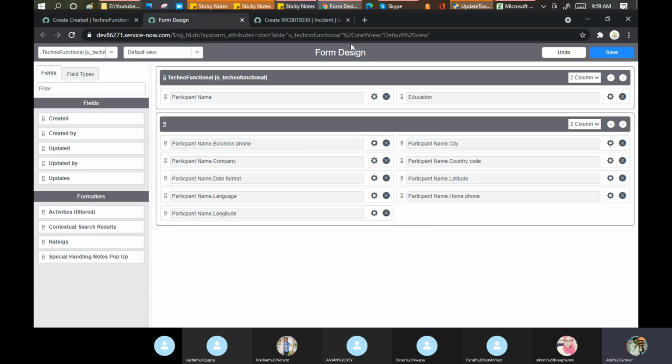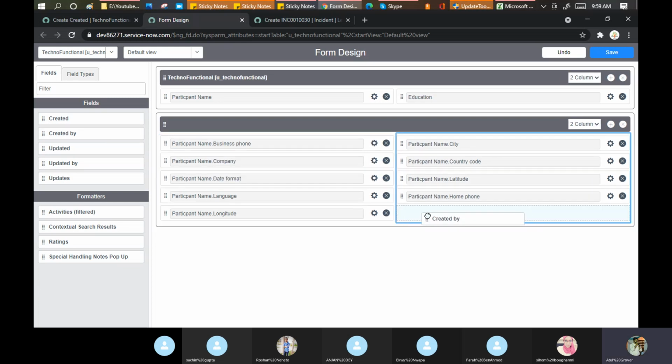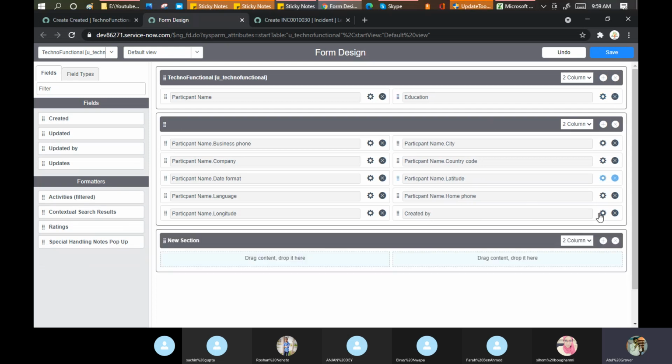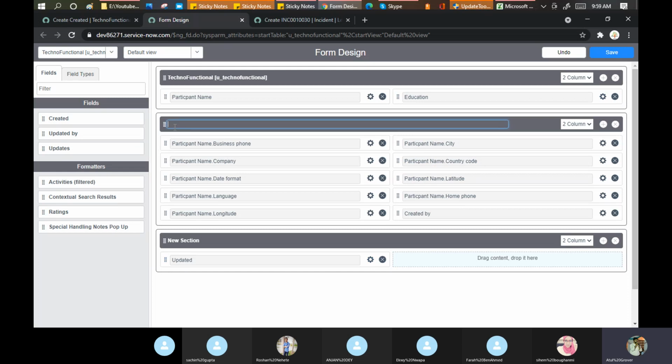Created by. Let me put created by here. What else do you need? Okay, you want more columns? Okay, add one, 2 columns. Okay. I say updated by should also come. Okay, updated by. You can put the section names here.